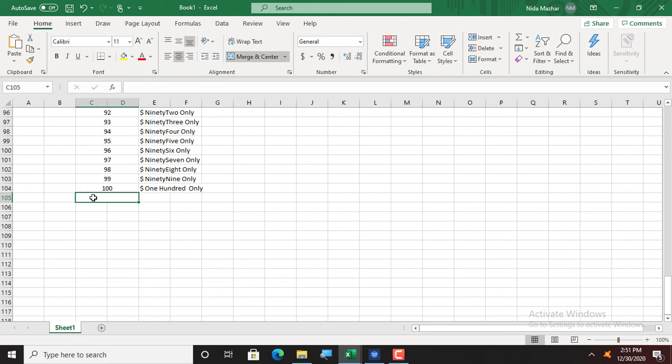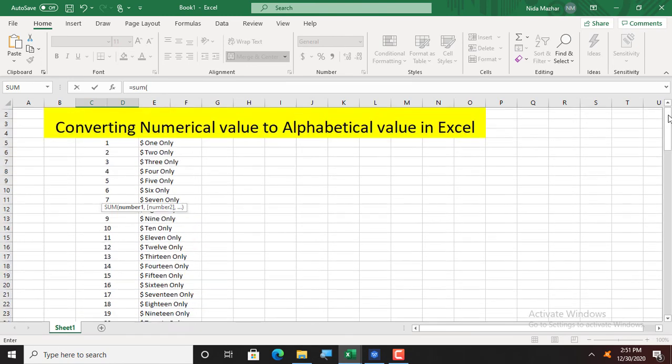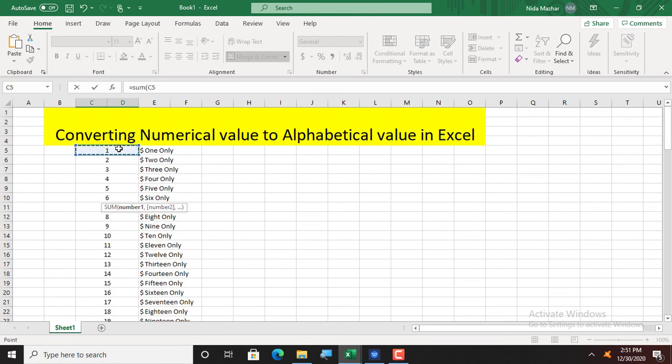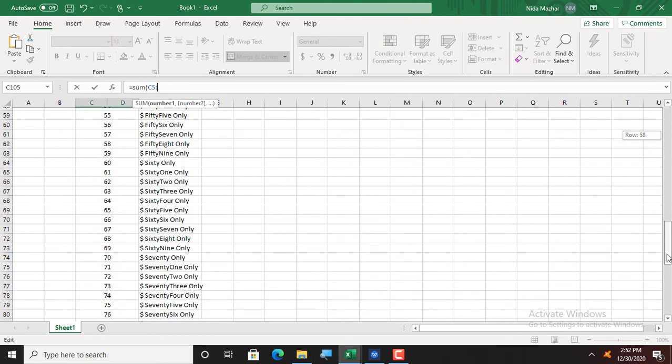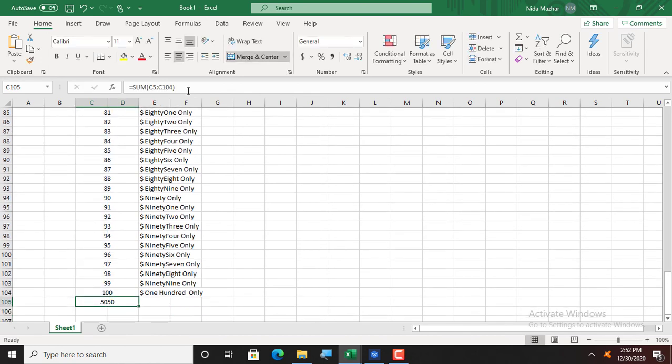Equal to sign, SUM, bracket, select the one column, bracket close, enter. It's the sum of all values.